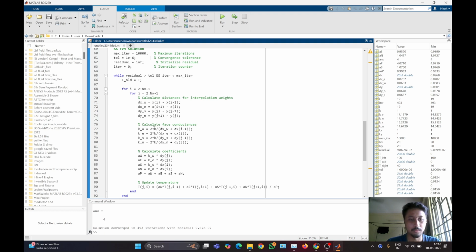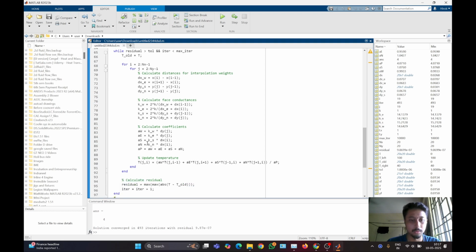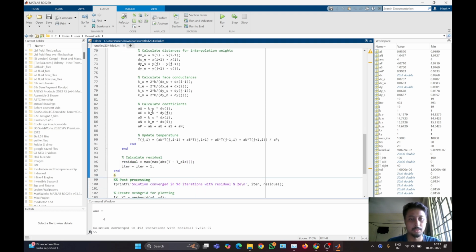Phase conductances. Here we calculate the k value in each direction. For west, it is the direction into the difference in the west direction, divided by the difference in their coordinates. Similarly for east, south, and north. Next are the coefficients in each direction at their respective grid points. For west, it is at